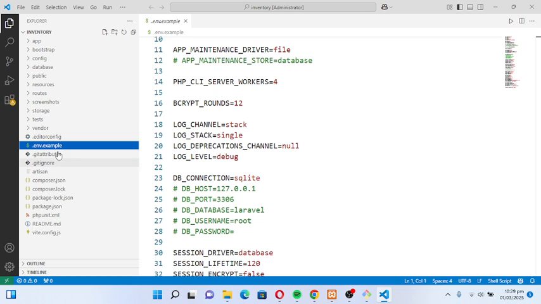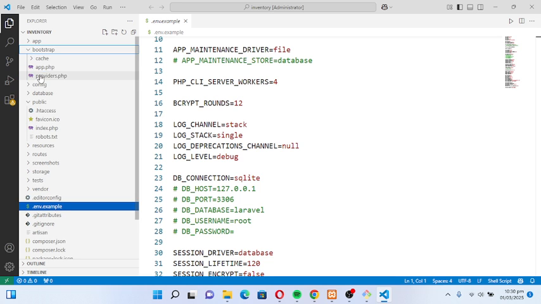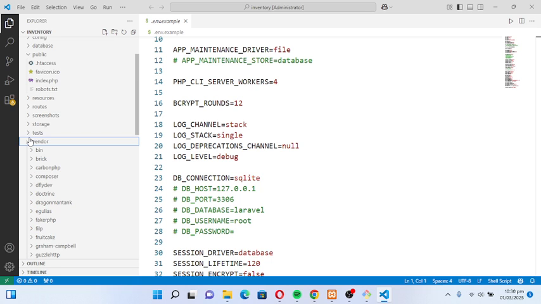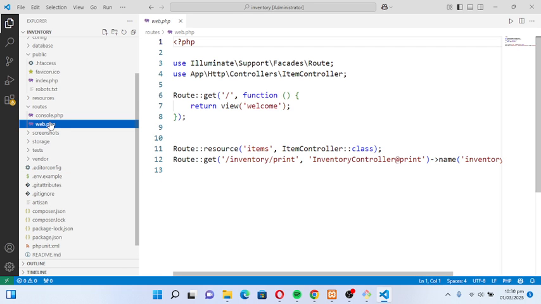Where's the web? Routes. Okay. Items. Let me check.